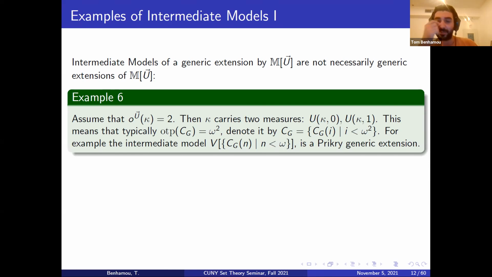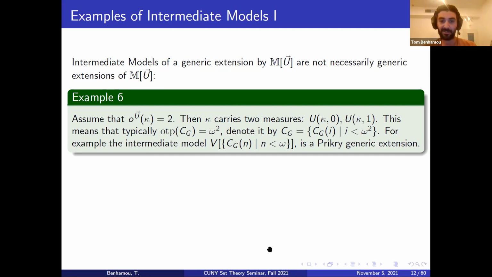Generically, what will happen is that we will add a Prikry sequence to the measure U kappa 1. And by coherency, each Prikry point from the measure U kappa 1 would have order 1 in the coherent sequence. In this sense, the measure reflects. So if you pick a point which typically corresponds to the measure U kappa 1, then it would be of order 1. So what does it mean that it is of order 1? If you have a Prikry point of order 1, it has a large set associated to it of order 0 of this Prikry point. So it will produce its own omega sequence.